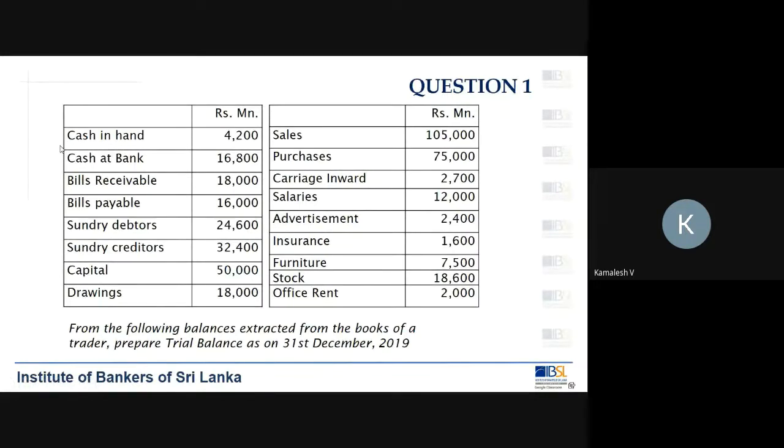Second one, cash at bank. If it is an asset, you put an A again here. Likewise, you have to mark everything. For example, you can put A for assets, L for liabilities, I for income, E for expense, and for equity, you can say capital, C. So, can you quickly mark all these items?